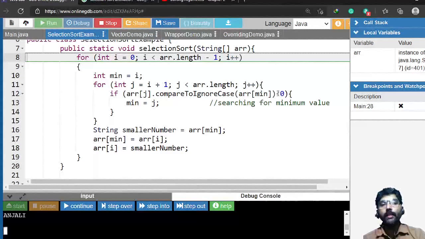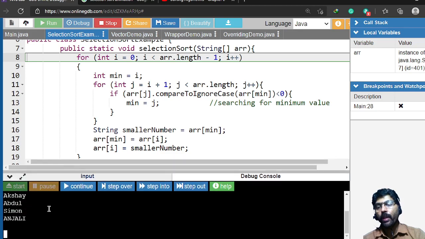The left hand part of this comparison is negative, so I have to exchange j with minimum here. So if I am comparing array j with the minimum here, I just swap this number here. Now see, first you have to understand what the array elements are.